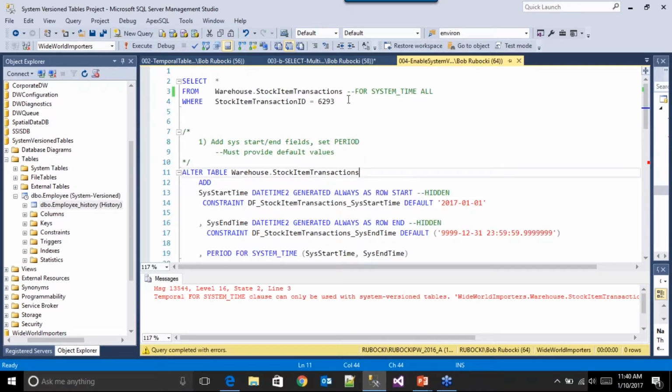So we showed an example of creating a brand new temporal table, but what if you have an existing table and you want to start tracking history on it? Well,